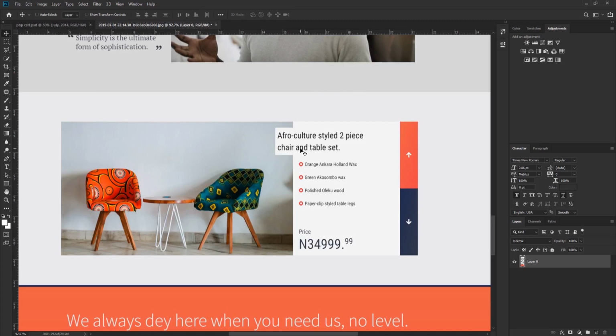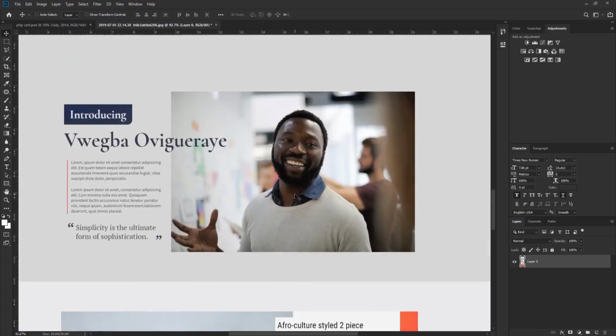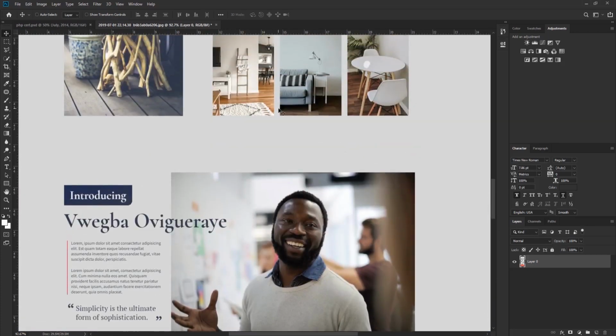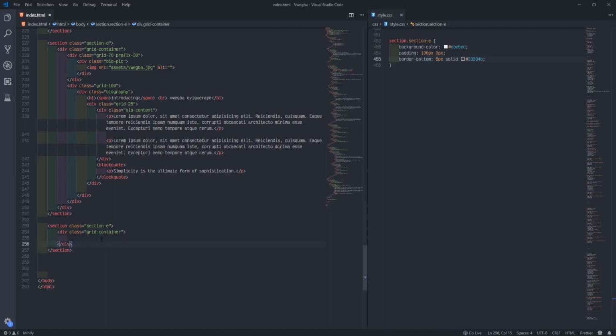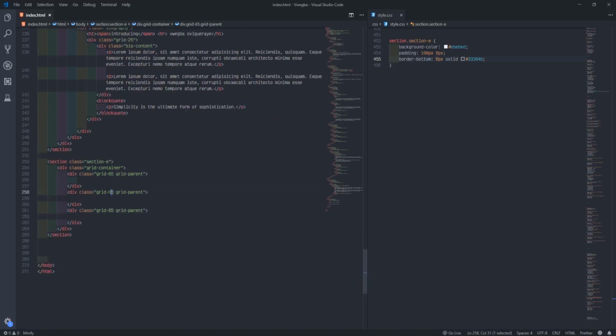5%. And since we use grid now, see how this space right there now. We're going to talk about this space now. So what we'll do now, each of them we'll make them grid parent so that it go delete the space right inside. So come here, see dot grid 65, which is the first one we're going now. Dot 65 dot grid parent. Okay, I'll duplicate this guy 2 times. Change the 65 for this one to 30. Then I'll change this one to 5.